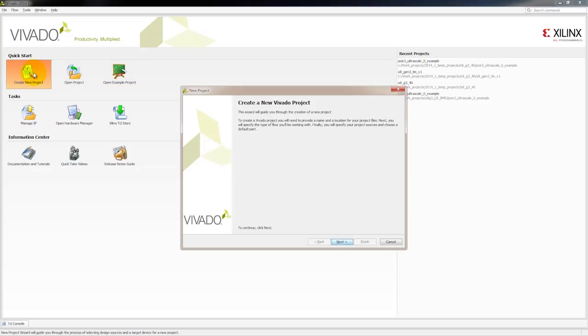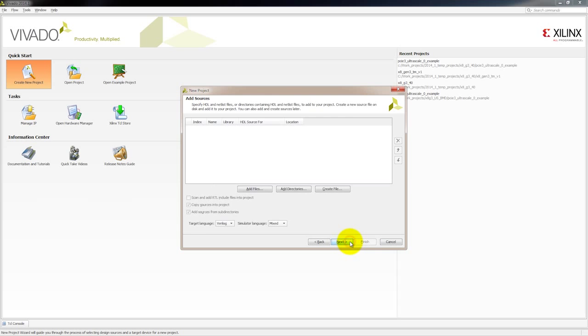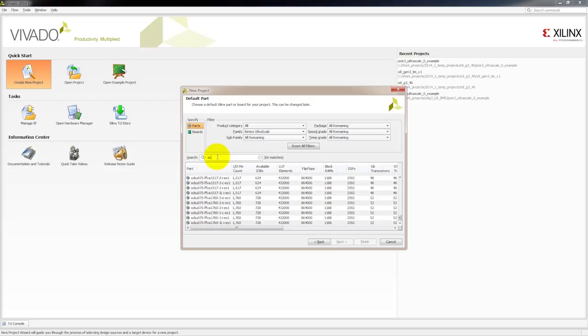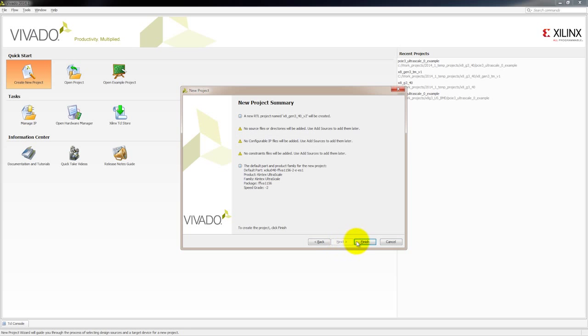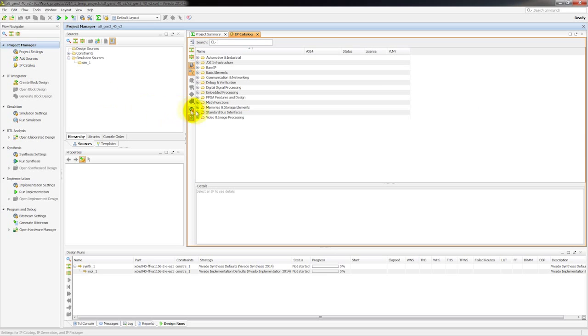The first thing we want to do is create a new project in Vivado. We'll give it a name, and once we have that name put in, we want to make sure that we select the right part, and the part we need is the same part that is on this KCU105 board that we're going to use. Once we get that part put in and our project generated, let's go ahead and open the IP catalog and